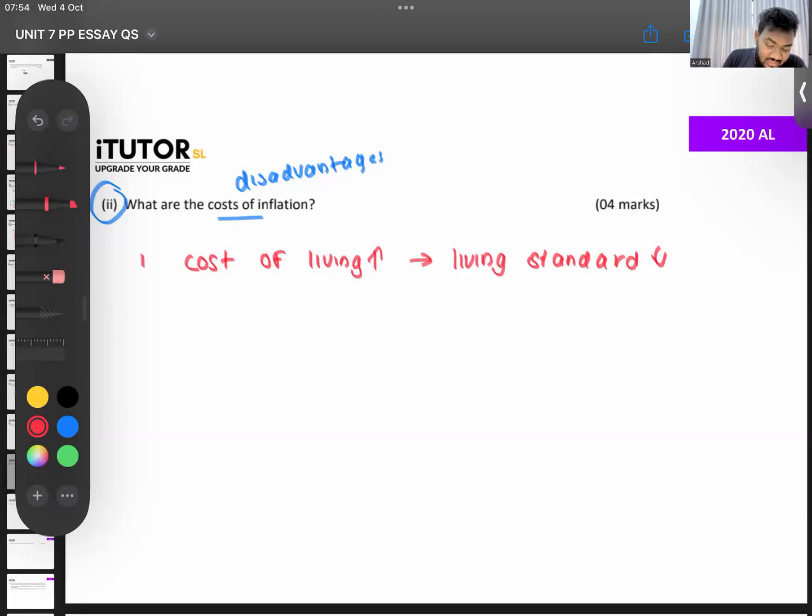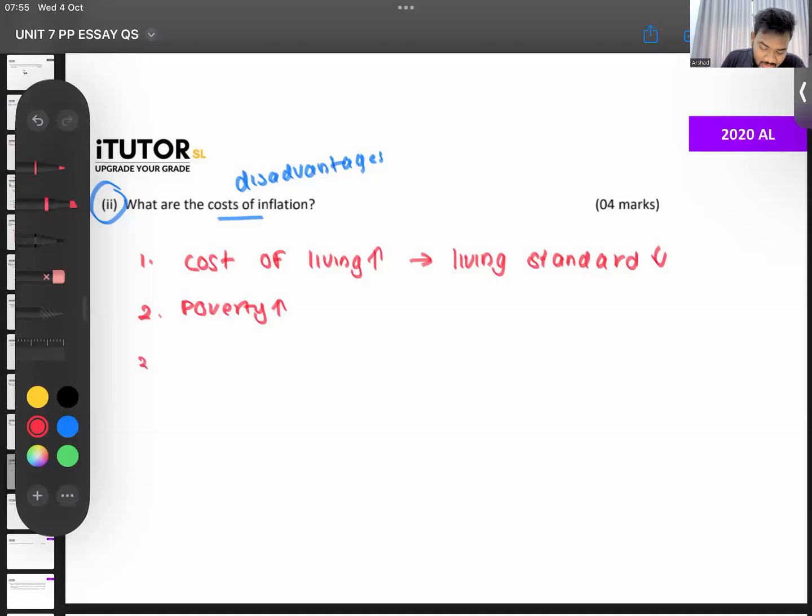What about poverty? That's another big issue with inflation. Remember, with inflation, more and more prices going up, so many people have fallen below the poverty line. We learned this in units 11 and 12. So you can say poverty increases. Given that the cost of living increases, many individuals fall below the national poverty line. As a result, they end up in poverty, not even able to satisfy their basic needs. That can be another one.